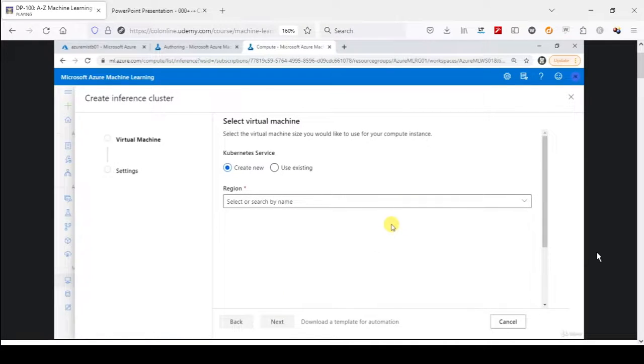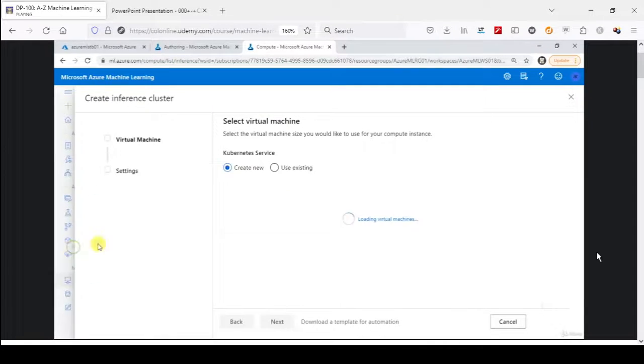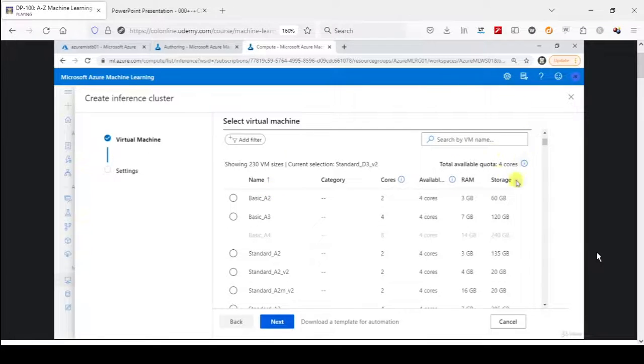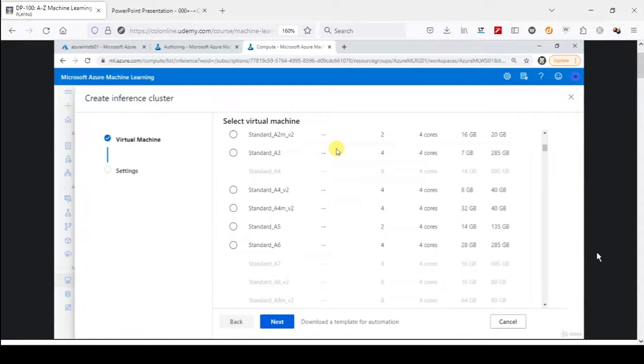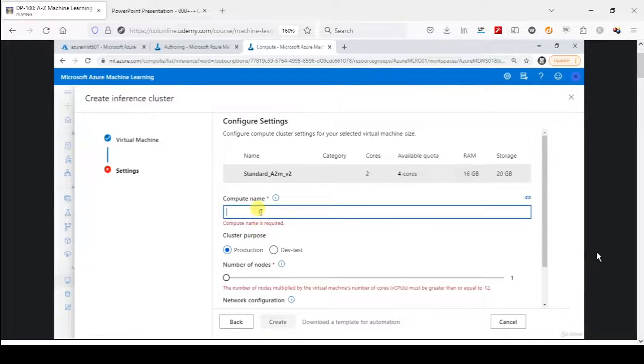Again, it's a set of pre-configured virtual machines, so the setup process is same as the compute cluster. The default option here is for the new service. Then you select the region, and I'm going to select the region as West US, and then wait until it loads all the available virtual machines for this service in that region. It will also show you the available quota that you will have. So select any of these machines with 8 or 16 GB of RAM. That should be good enough. Click on next, give a compute name,